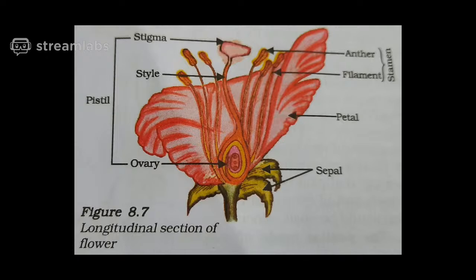Petals and sepals have no direct role in reproduction in the plants. Petals are attractive parts which attract the insects. In turn, insects bring about pollination. I did say what pollination is yesterday, but